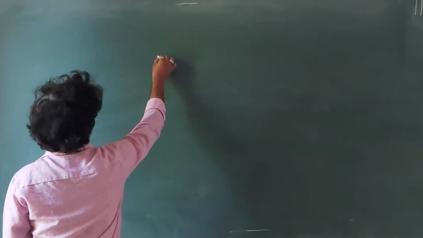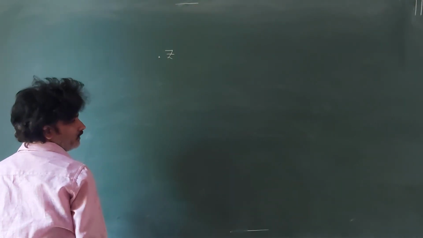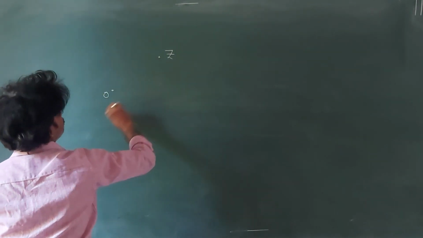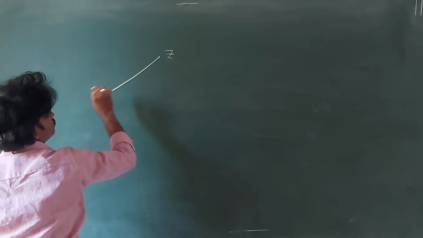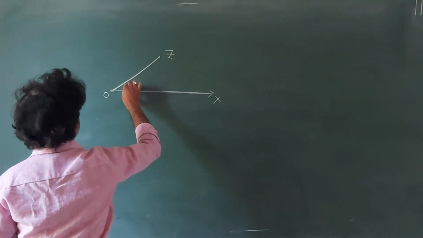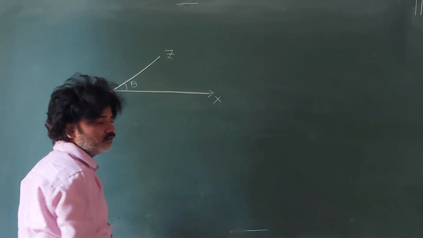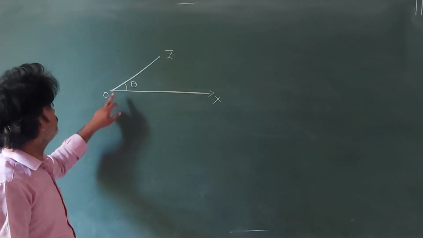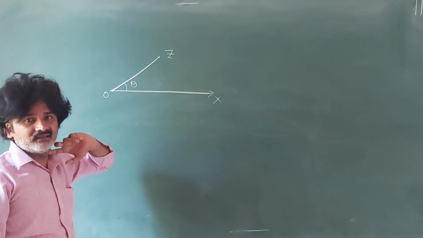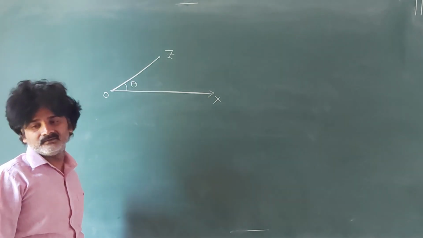See how we define the amplitude or argument of a complex number. If you mark z in the orthogonal plane, that is, any complex number in the plane, you can represent it as a point. Now this is the origin. Join the origin and this complex number. The angle this line makes with the positive direction of the x-axis is called the amplitude or argument. So it is the angle made by the line joining the origin and the complex number with the positive direction of the x-axis.